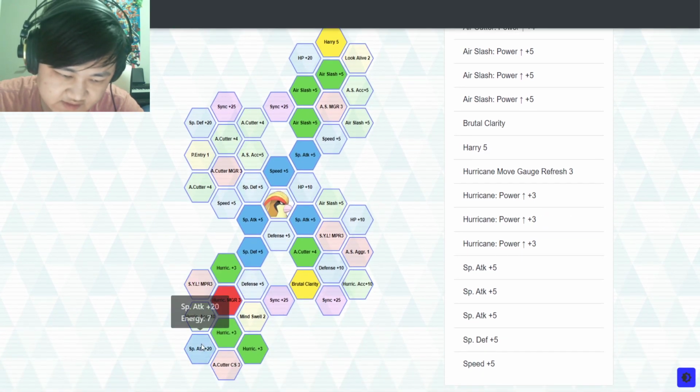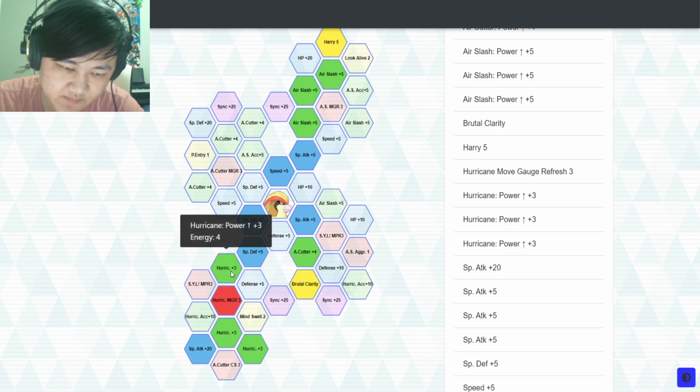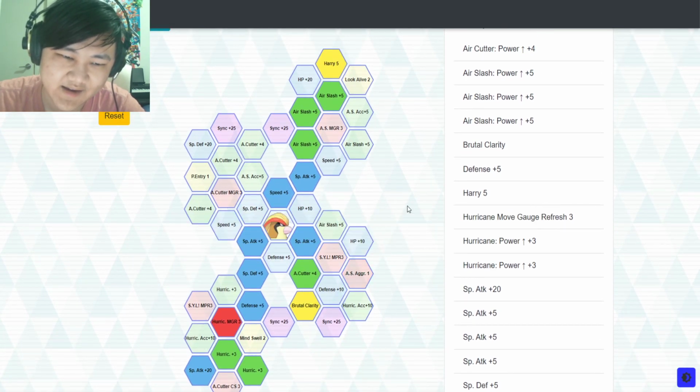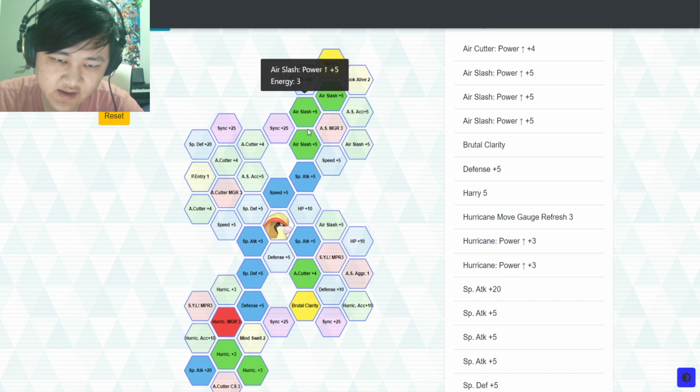How much do we have left? 6. That's 8, right? No, it's 7. Okay, well, that's slightly unfortunate. Or you can pick up this if you want as well. Drop that one. Do this instead. I don't know. It's really up to you. But yeah, this build, again, very, very